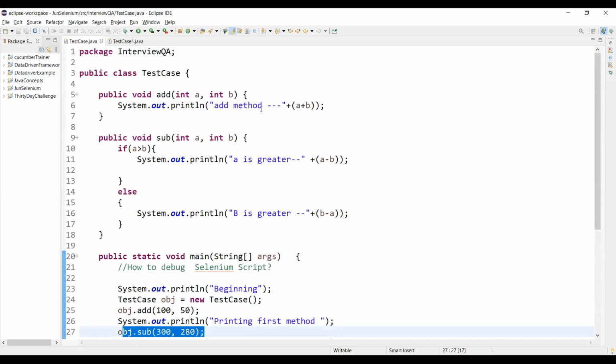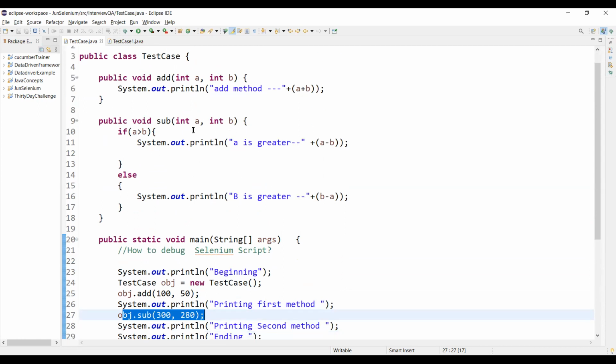The first method simply takes two values and adds them. The second method again takes two variables and compares them. If a is greater than b, it prints this message and subtracts the value as well. If the condition is not true, it comes over here, prints that b is greater, and subtracts a from b. This is what the methods do.